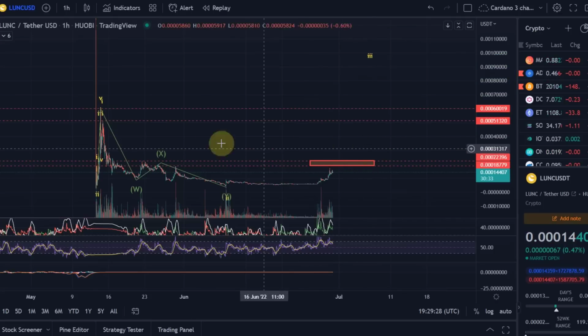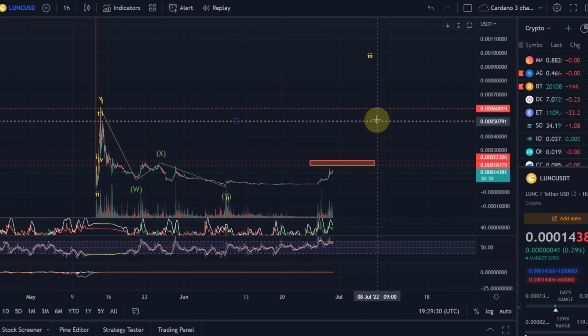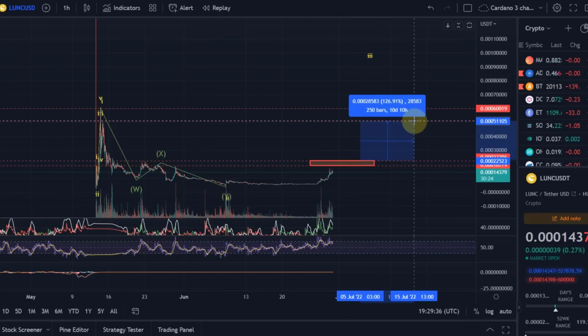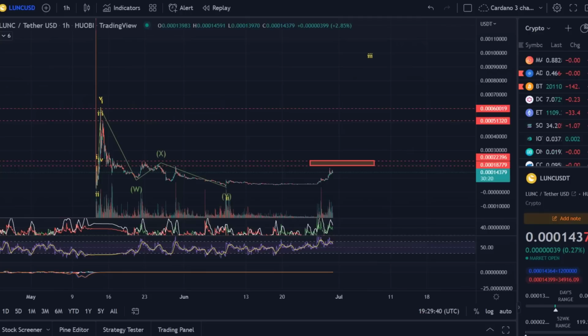However, profit to the first target, which would be this one here at 51320, just roughly, would also be, well, 126%, not bad, because you can expect if we go above this level here, that we will get rejected there as well.